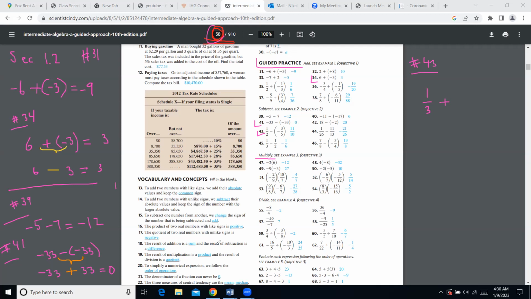Oh, I should be careful. I need to copy it the way it is. It's not 1/3, it's 1/2. I need to wake up. And also